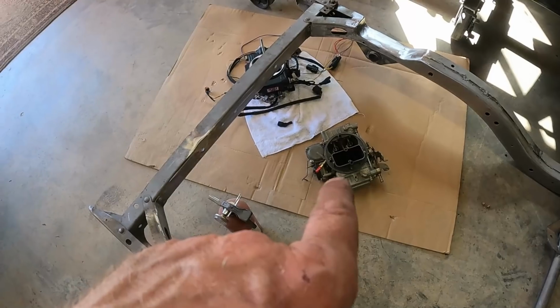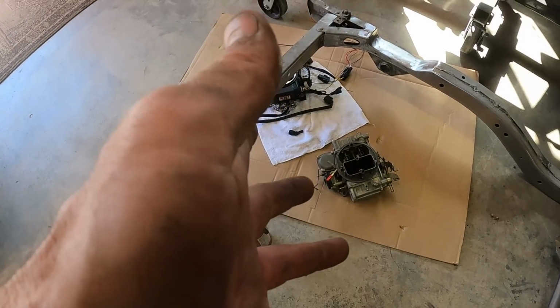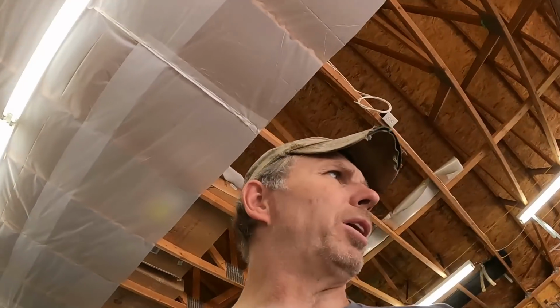The car would run, but I could not get it to idle down. It had a vacuum leak somewhere somehow, so undoubtedly something I screwed up on the rebuild. I don't know what it could be. I put all the little gaskets back and whatever, but unless it has something to do with that check ball and the vacuum secondaries, don't know. But